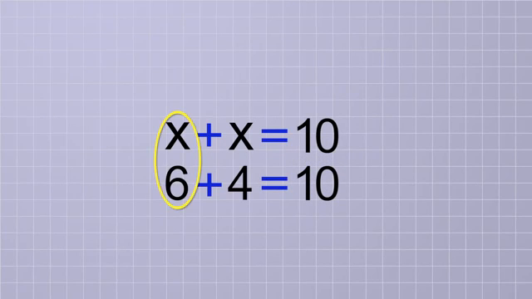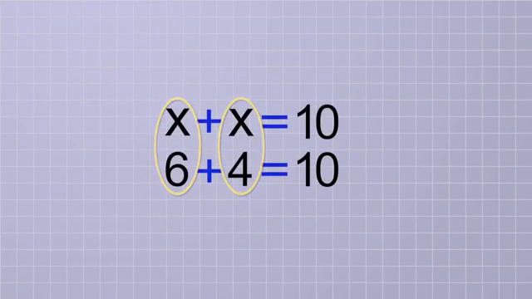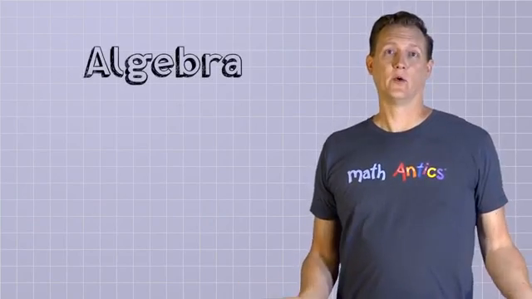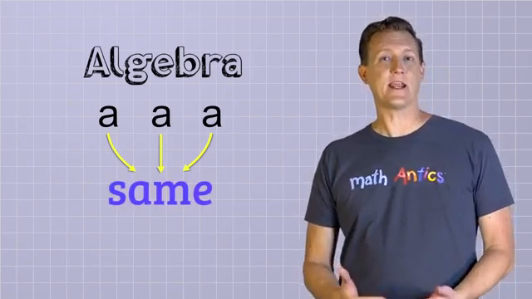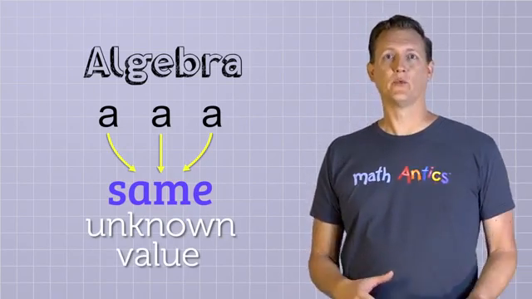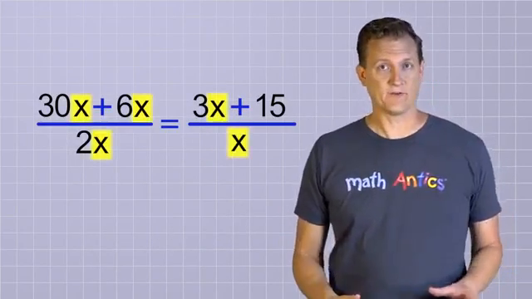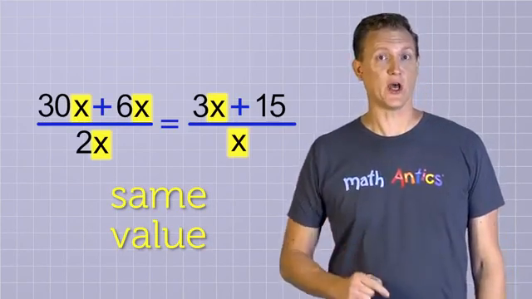But if we had the first x stand for 6 and the second x stand for 4, then x would stand for two different values at the same time, and things could get really confusing. If you wanted symbols to stand for two different numbers at the same time, you'd need to use two different symbols, like x and y. So in algebra, whenever you see the same symbol repeated more than once in an equation, it's representing the same unknown value. Like if you see a really complicated algebraic equation like this, where x is repeated a lot of different times, all those x's stand for the same value, and it'll be your job to figure out what that